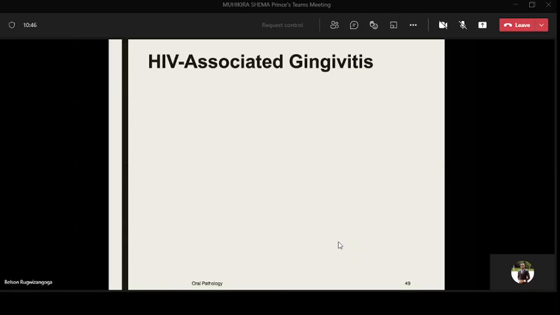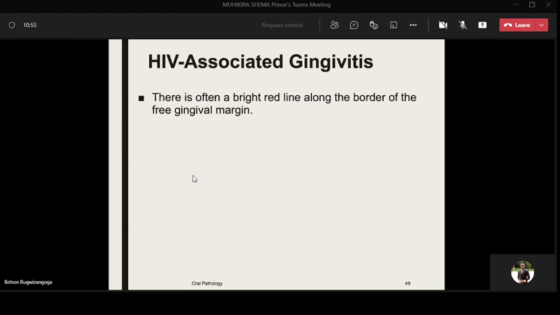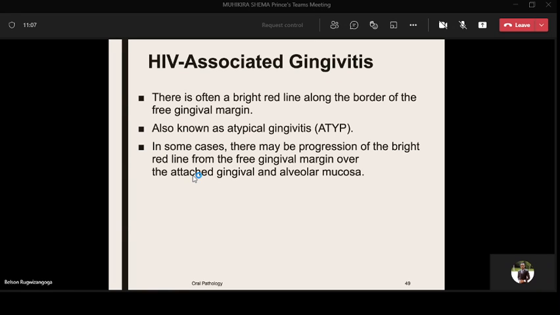So the first opportunistic disease is gingivitis, HIV-associated gingivitis. So you understand it is inflammation of the gingiva. It is also known as atypical gingivitis. In some cases, there may be progression of the bright red line from the free gingival margin over the attached gingiva and the alveolar mucosa. So it starts at the line at the border of the free gingival margins, meaning where the gingiva